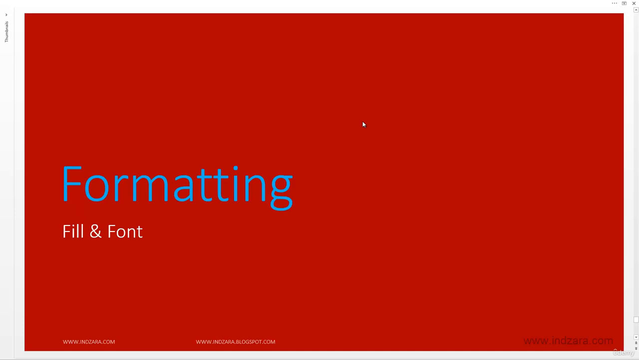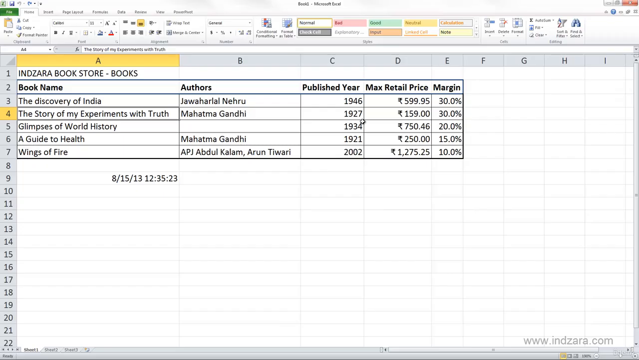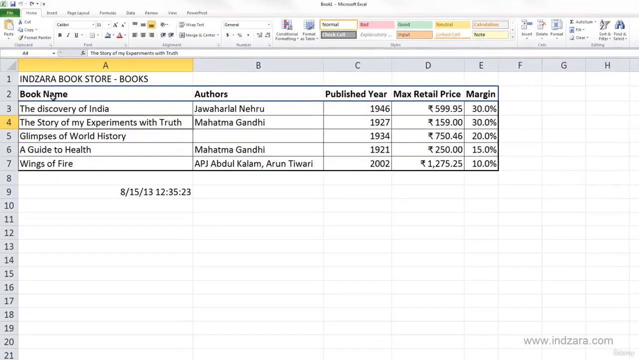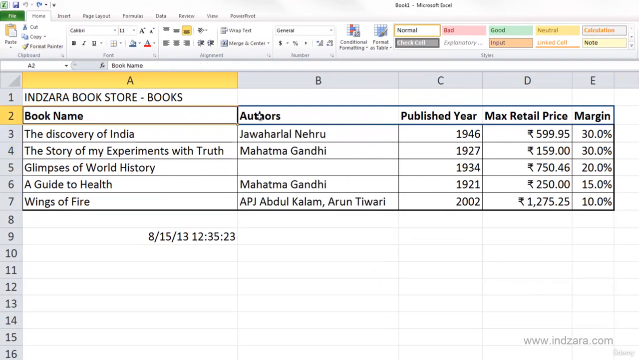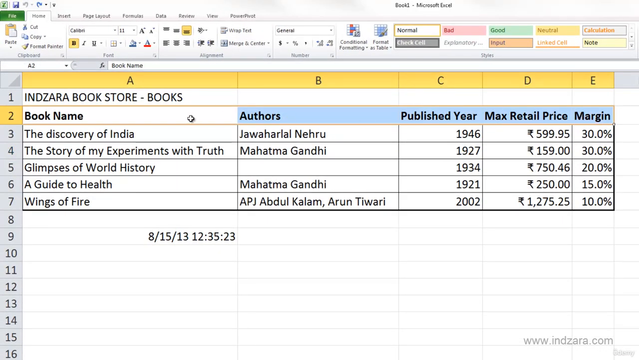Let us learn how we can change and control the fill background and also the font settings in Excel. Let's say, for example, we would like to apply a different background color to the title or the column headings that we have. So in order to do that, we are going to use this menu option here, which is